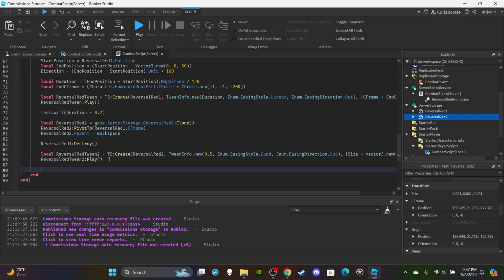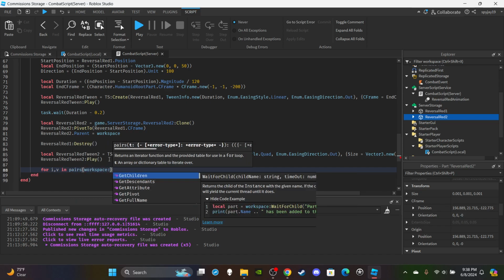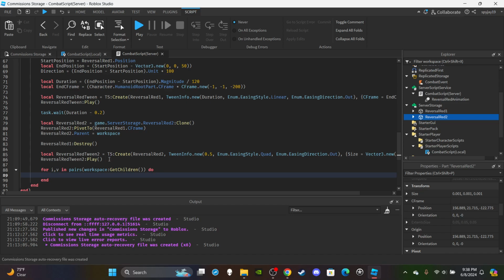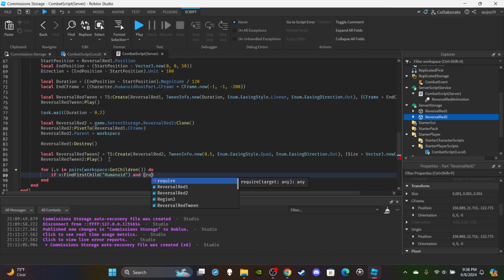So then after the tween, we're going to use a for i loop. This is how we're going to damage people within the radius. So for i, v in pairs, workspace:GetChildren(), enter, and create an if statement. If v:FindFirstChild("Humanoid"), so it'll find NPCs and players. And of course we need to check the distance. Make sure you put reversalRed2, not 1. reversalRed2.Position minus v.HumanoidRootPart.Position, and on the outside you put .Magnitude less than or equal to